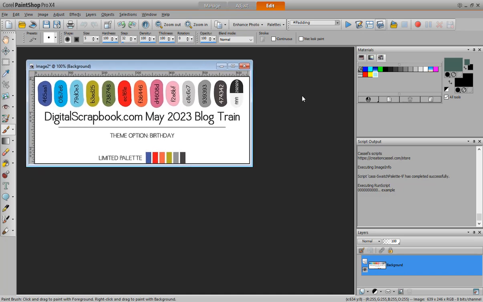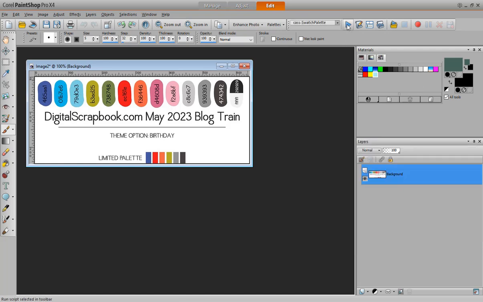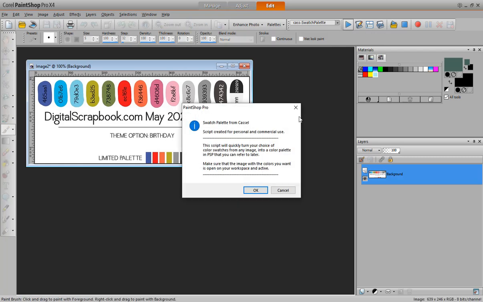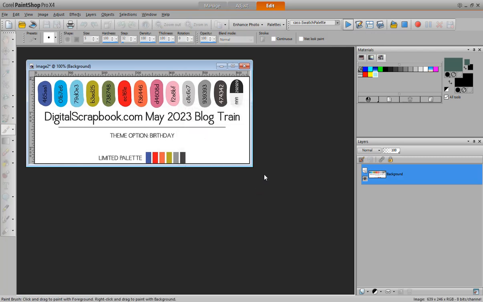So in earlier versions of PaintShop, you have only one collection of swatches. They are not grouped by palette. But we are going to do something slightly different so that you can actually use the script and still get all the colors grouped together. So you run the script the same way